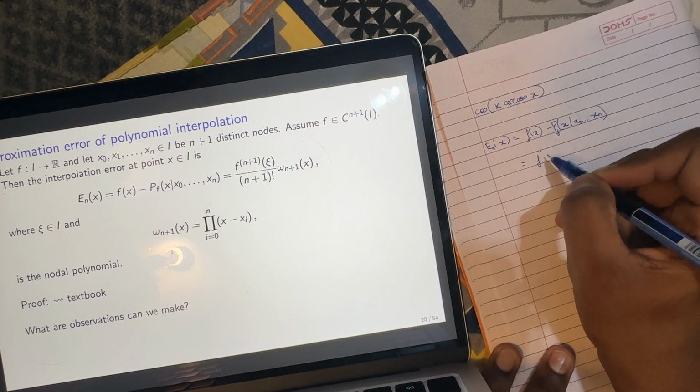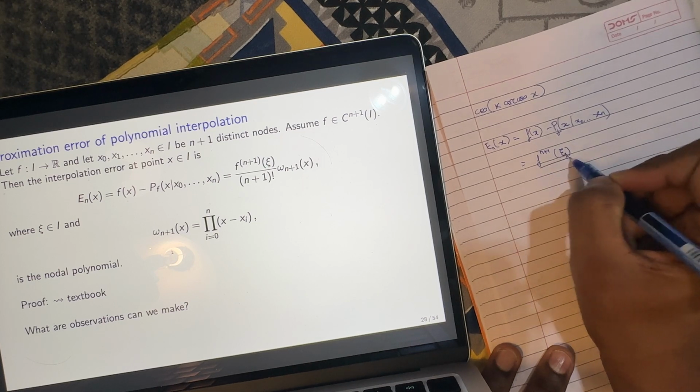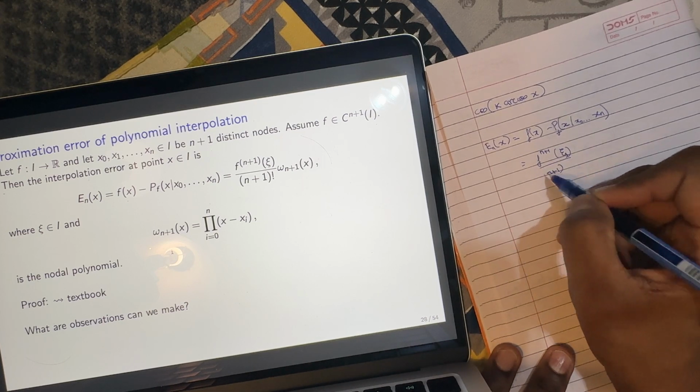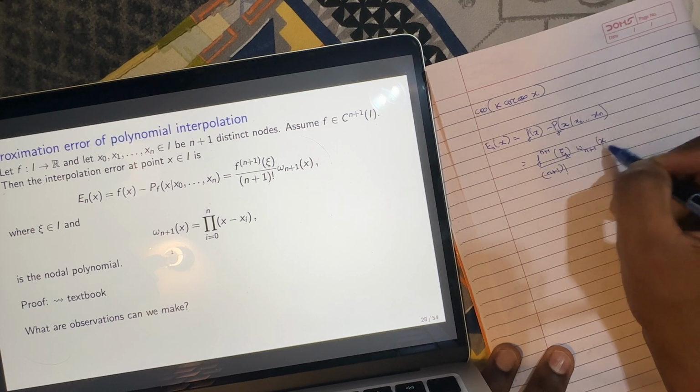This is the n plus 1th derivative of f at some xi, divided by n plus 1 factorial, times omega n plus 1 at x,